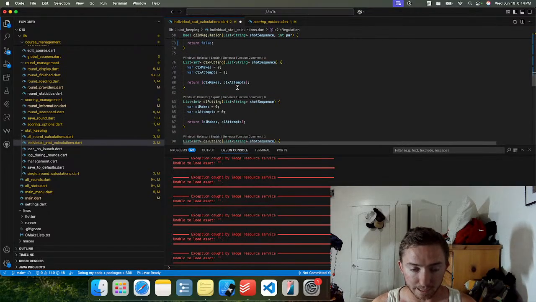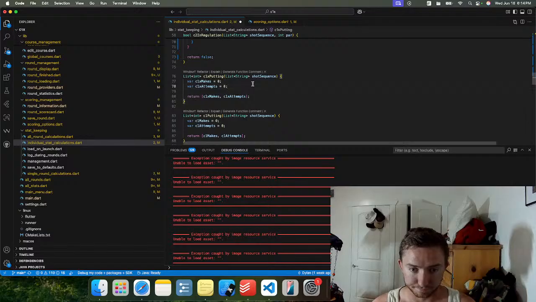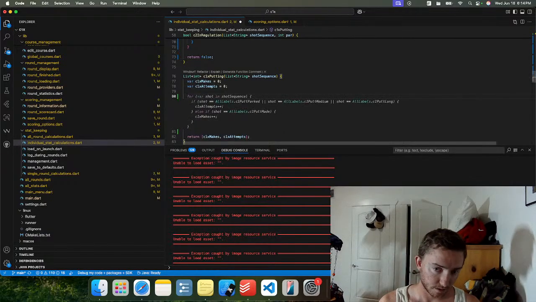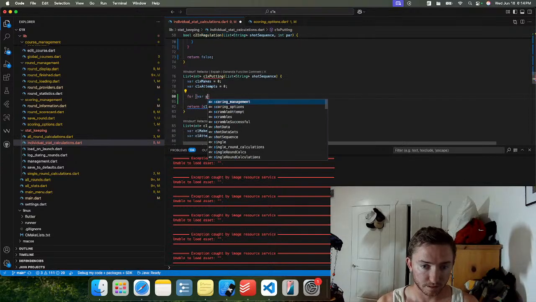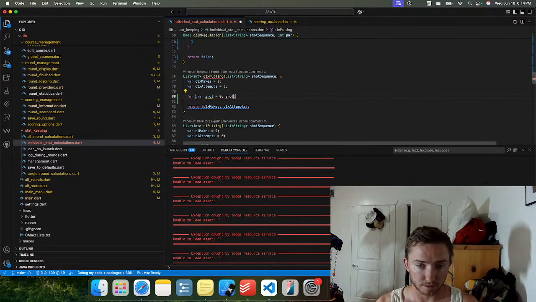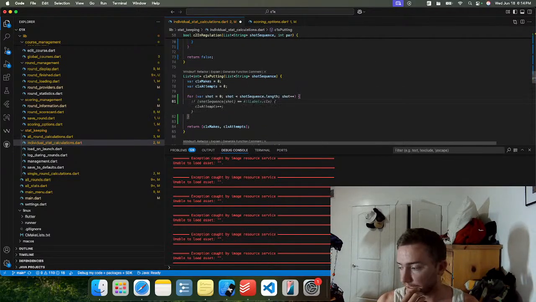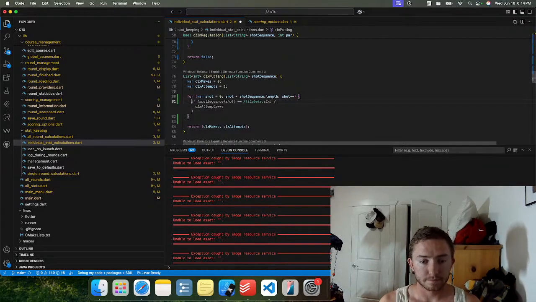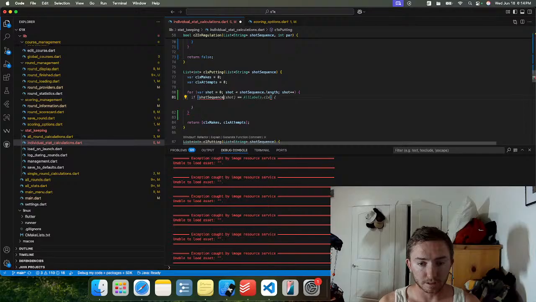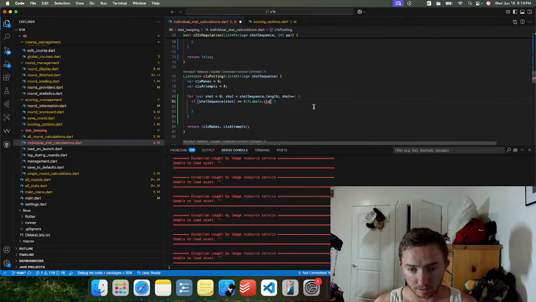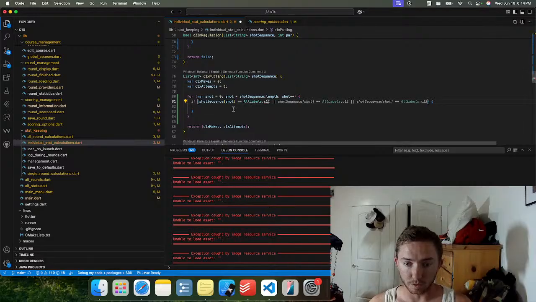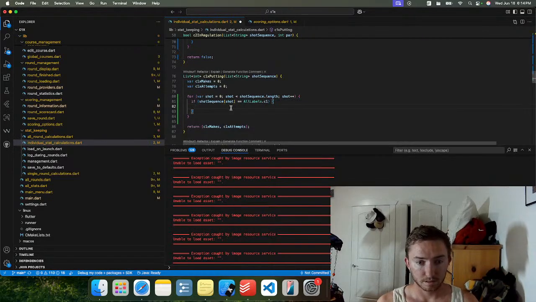All right. C1x putting. Okay, so for var shot equals 0, shot is less than shot sequence dot length, shot plus plus. I think there's a simple way to write for loops, but we're not doing that. If shot sequence shot is equal to all labels C1, then,